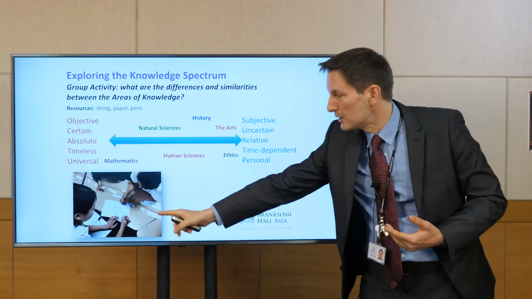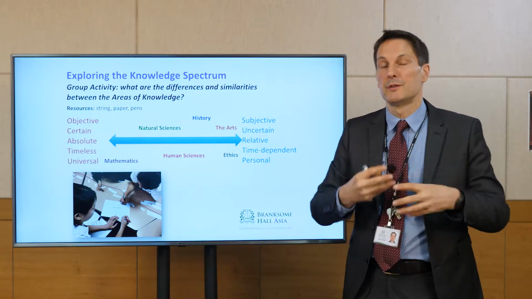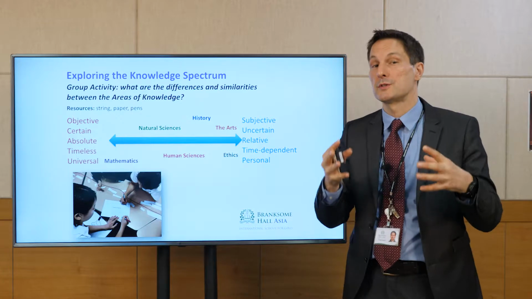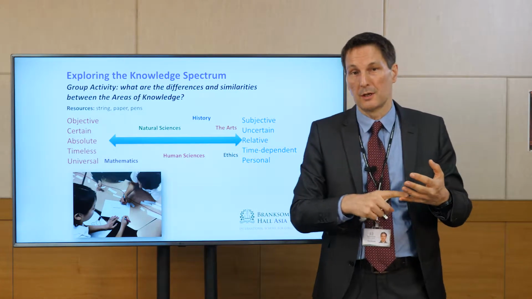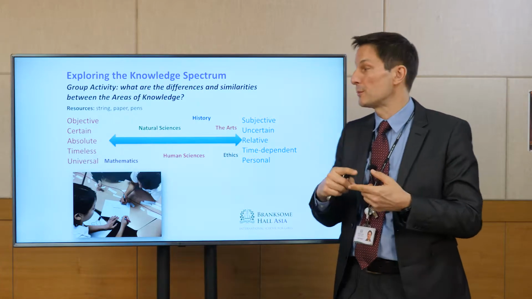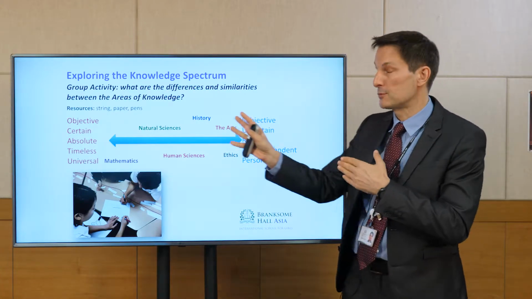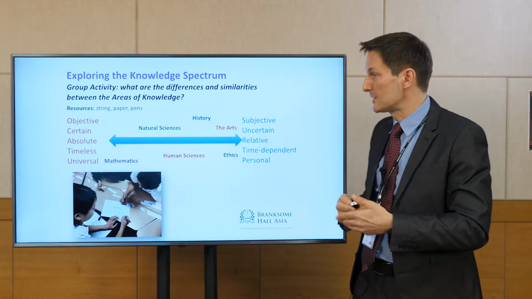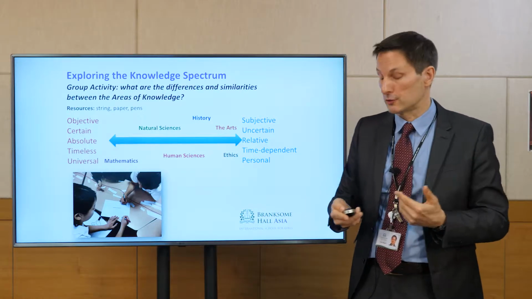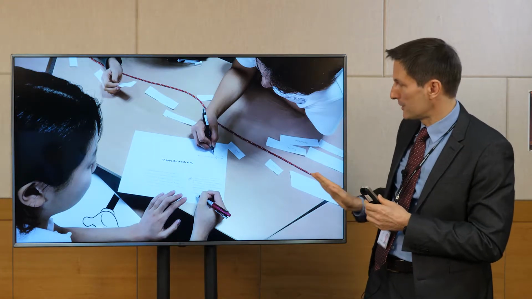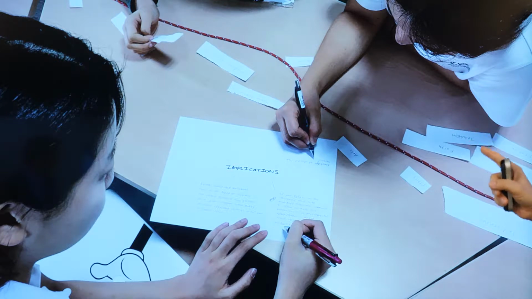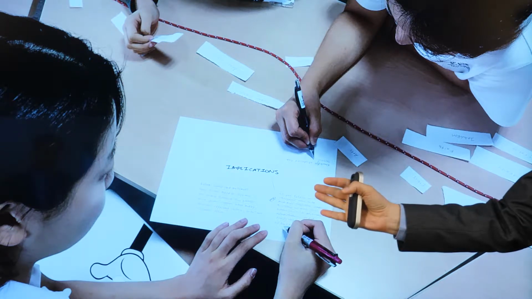And so what the students are doing here is they're starting to think about the differences and the similarities across the different areas of knowledge. They're also starting to ask questions about certainty, about evidence, about truth, and also about the methods we use in these different subject areas to make decisions, to answer questions about knowledge. And here they're at work, and you can see they've got their string, they've got their keywords here, they're discussing very carefully where to place the keywords, but they're also having to justify their decision.